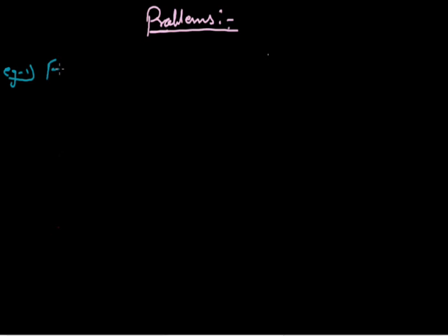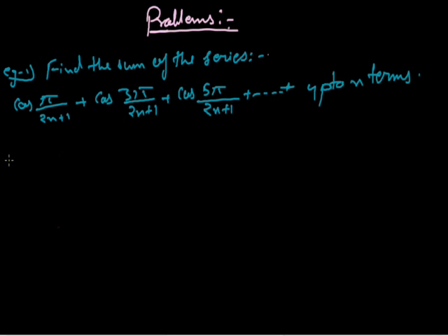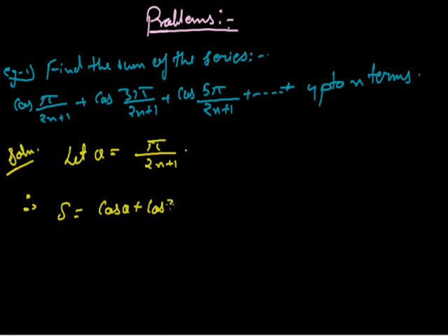Example number 1. Find the sum cos(pi upon 2n plus 1) plus cos(3 pi upon 2n plus 1) plus cos(5 pi upon 2n plus 1) plus ... n terms. Solution. Let theta is equal to pi upon 2n plus 1. Therefore, we have to find the sum S is equal to cos theta plus cos 3 theta plus cos 5 theta